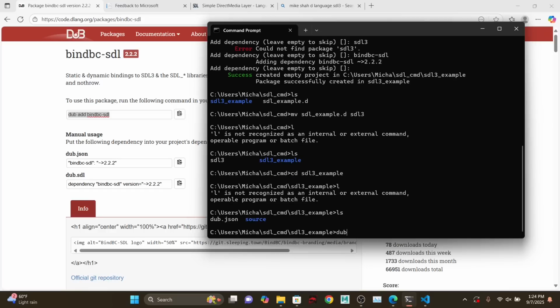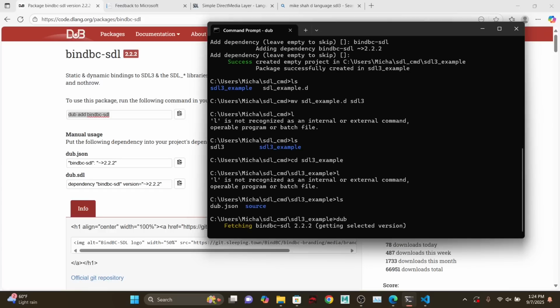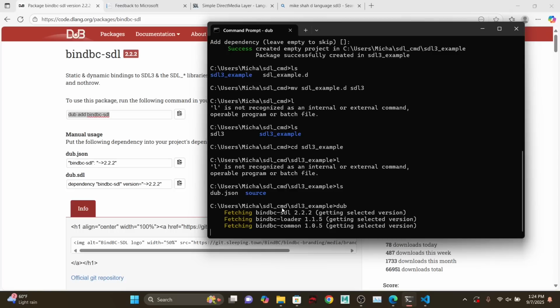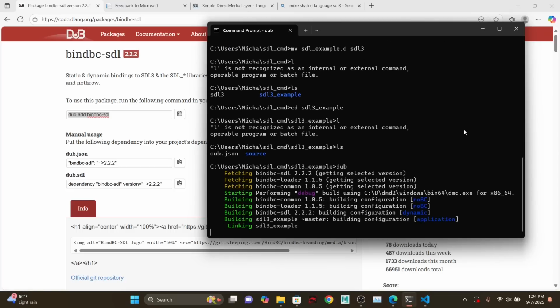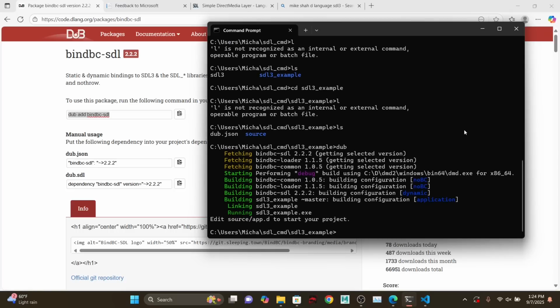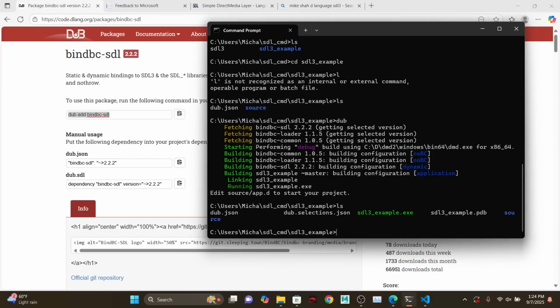Okay, so now we have our dub project. Run dub. The first time it runs, it's going to take some time to fetch the libraries. I'll show you where those go in a second. But it looks like it did execute and run our program here. So where is bindbc, and so on? Well, again, if I show you what's in the dub setup here,